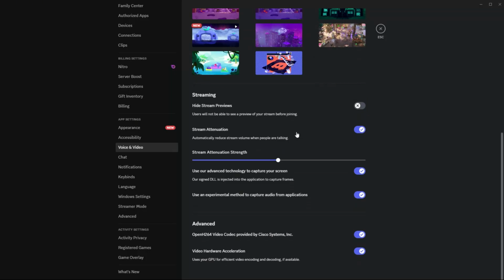Now in the stream attenuation, you can either click on or off because there is a problem with the stream attenuation of Discord where it can make your stream lag. So I don't know why this happens, but just uncheck it and try and see if your stream is still